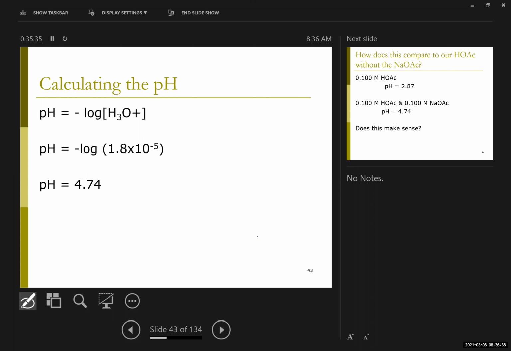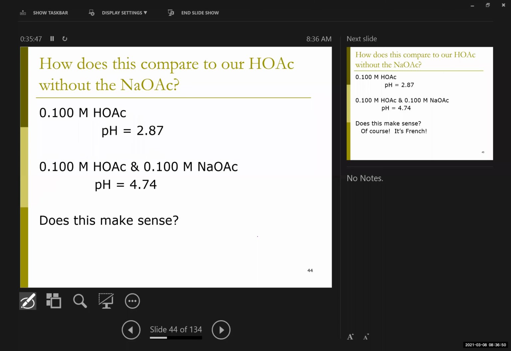In some sense, I still want to say whoop-de-doo. Okay, it was just another ice chart. It had slightly different initial conditions, and I got a different result. If I had acetic acid by itself, the pH ends up being 2.87. If I throw a little bit of sodium acetate in there, because I've already got acetate on the product side, I actually make less hydronium, because ultimately the equilibrium constant's exactly the same. And so I end up with a higher pH value.